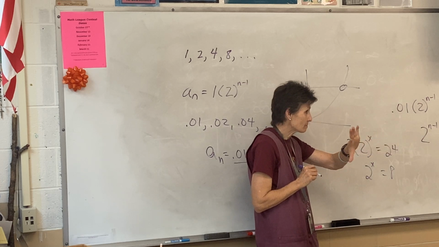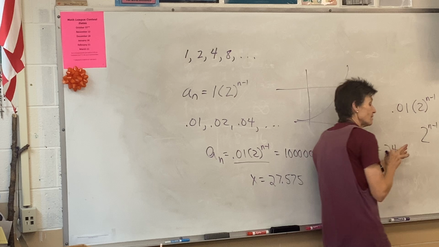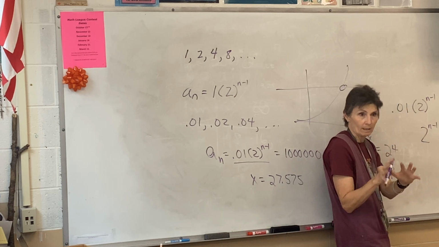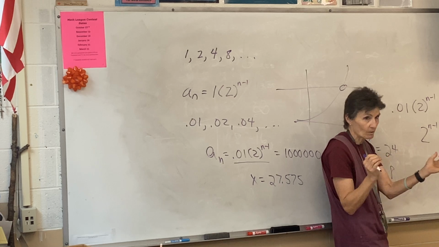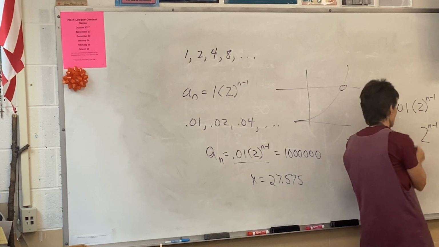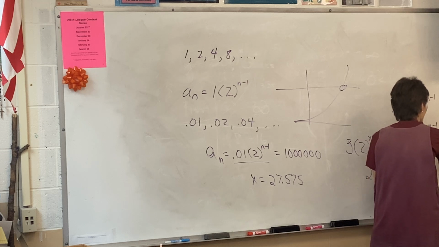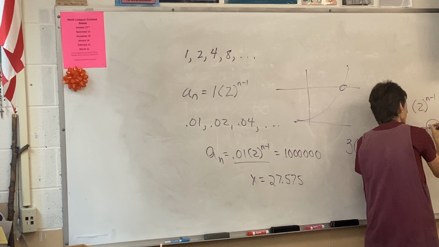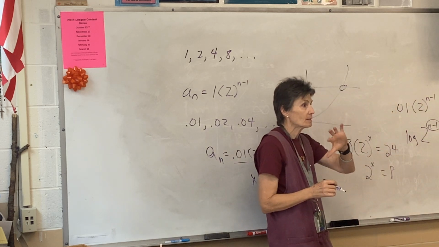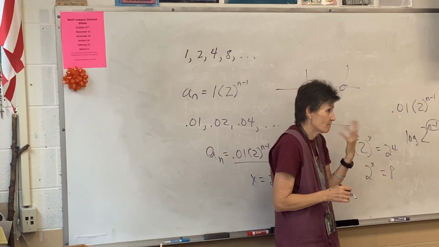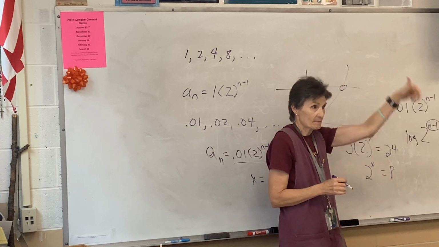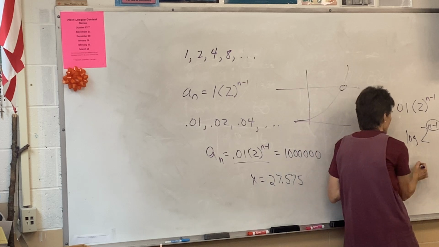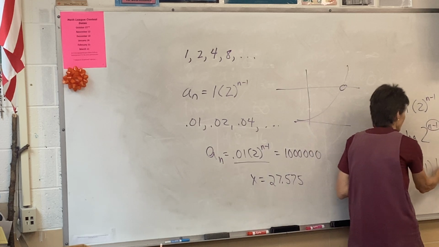Log both sides. You can do whatever you want, you can LOG or you can LN. It makes no difference, it's the same amount of work, same number of steps. So if I LOG both sides, anybody remember what happens to that exponent when I put a logarithm in front of that? It comes out in front. This is the beauty of logarithms. This is one of the coolest things ever. So out comes the n minus 1 log 2